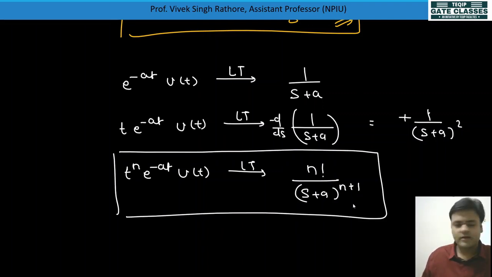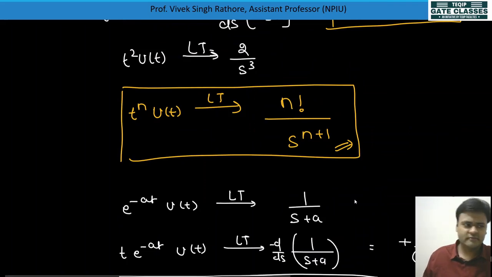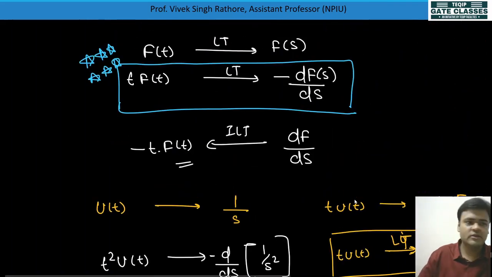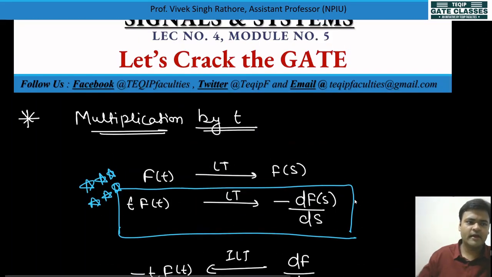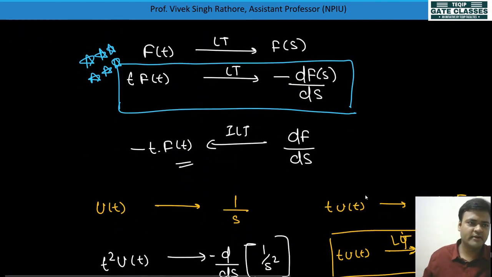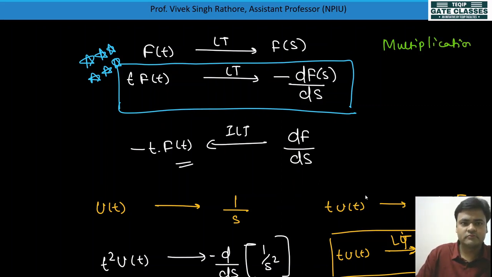And see, nothing is changed, which means the ROC is not affected when we multiply by t. So here in green color I will write: multiplication by t does not affect